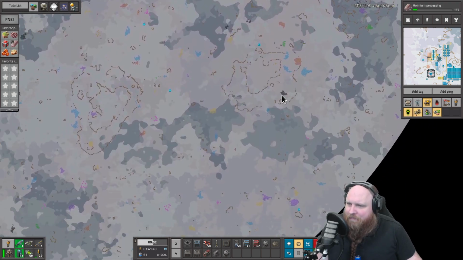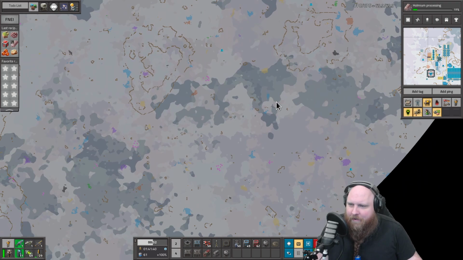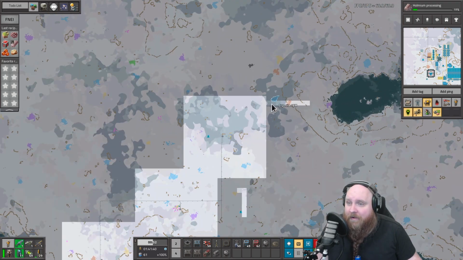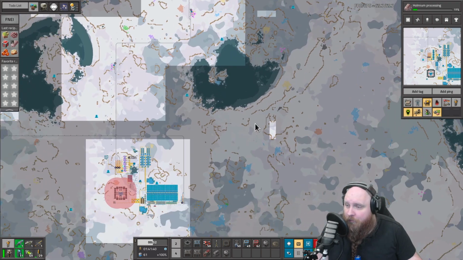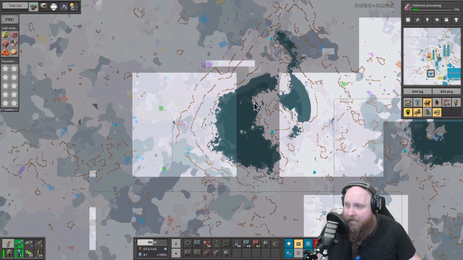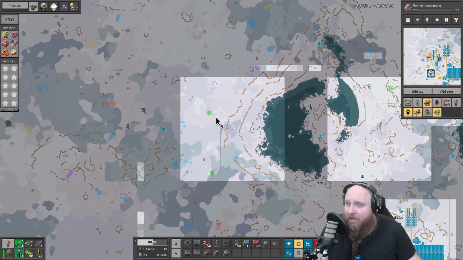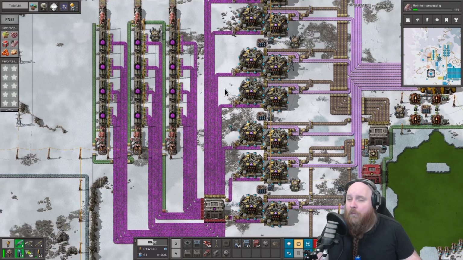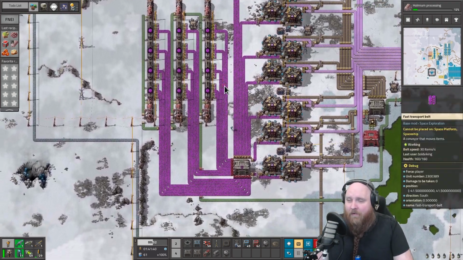Not too far away, but we will have to build our way over there and figure that out once we are there. We do got more crude oil over here. And we do got more crude oil over here. But the good thing about setting up a sulfuric acid making machine is if we do decide to mine up uranium ore over here, uranium ore also needs that. So...